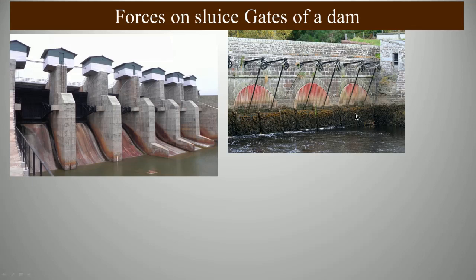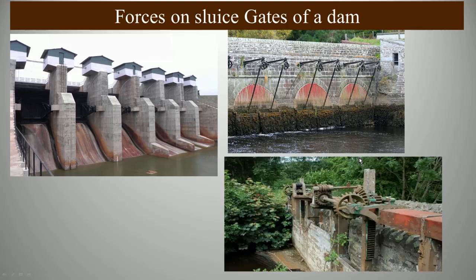Or it might be just like this English dam in Britain. They have used a rope mechanism to open up these sluice gates. You can see this gate gets opened, and they might use a motor to pull these ropes, and at once all these gates may be opened. Or they might use a rack and pinion arrangement to open up. Whatever the mechanism, one of the major things we have to know is the forces acting on those submerged surfaces.